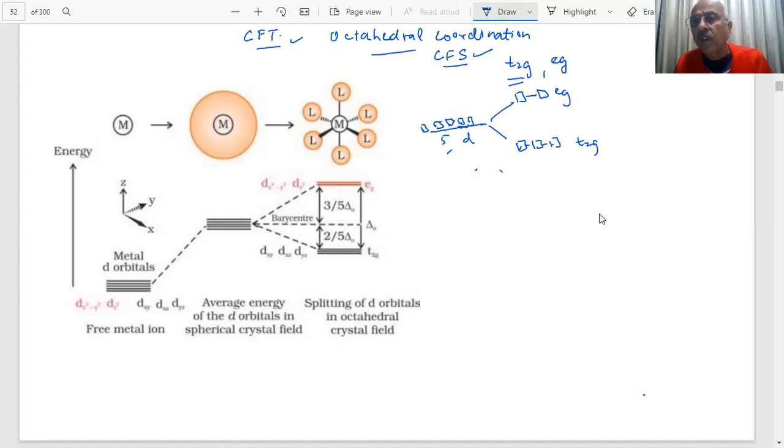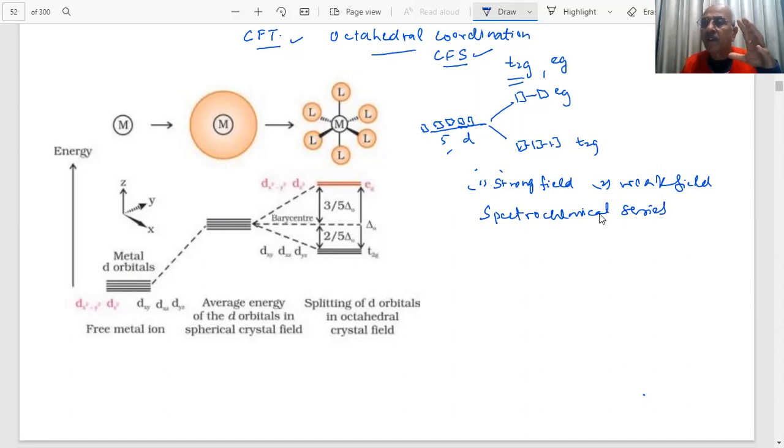We have shown you that there are two types of ligands: strong field ligands and weak field ligands. How do we know a ligand is strong or weak? We have given you a spectrochemical series. A very important question is there on the spectrochemical series. We explained that the spectrochemical series is an experimentally determined series which will show you which ligands are strong field and which are weak field. You have seen carbon-containing CO, and they are on the list of the strong ligands.